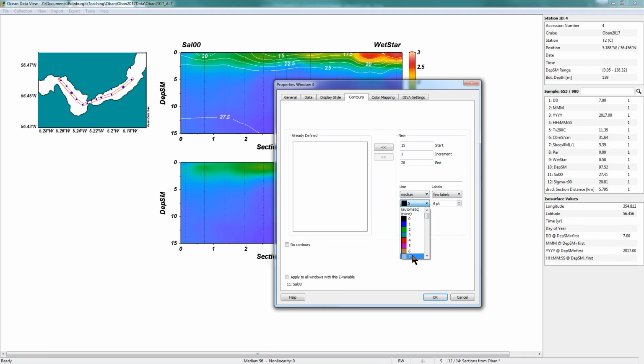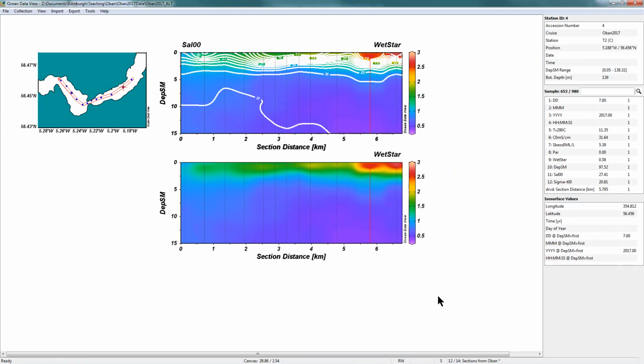I think it's a good idea to have them in this case in white, because that's a nice contrast to the colour in the background. We want them to be nice and solid. You can have dotted or dashed if you want, and we don't really want to fill the space in between the contours. You could do that if you wanted to, and then if we click on these left arrows, that creates those contours. Then just click OK,